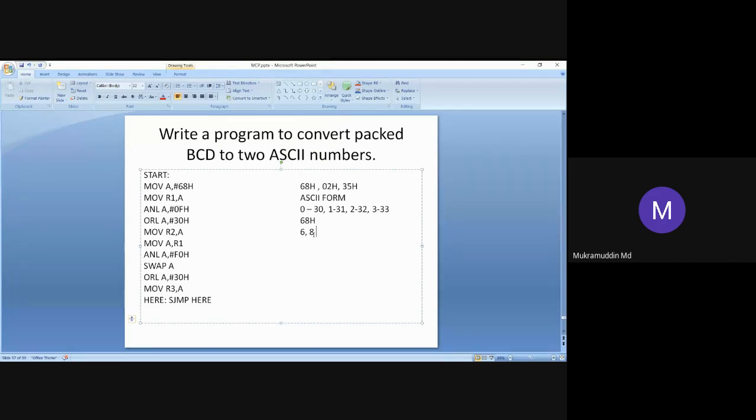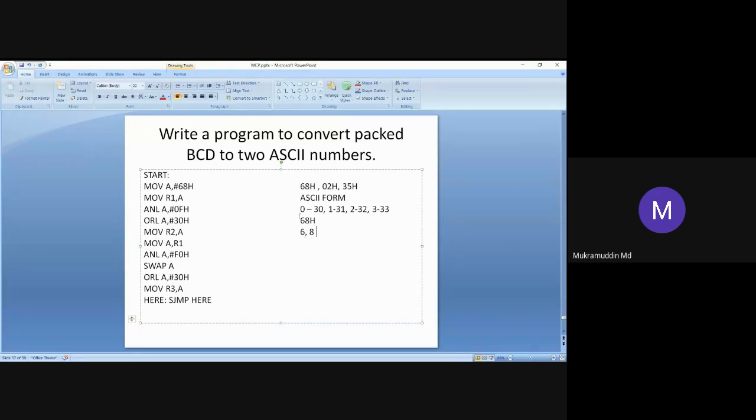Okay, this is what we need. We need to write a program to convert packed BCD to two ASCII numbers. So why has he given two ASCII numbers? Because first the BCD should be unpacked and split into two numbers.